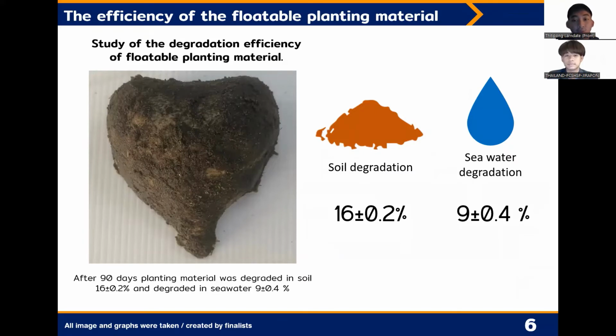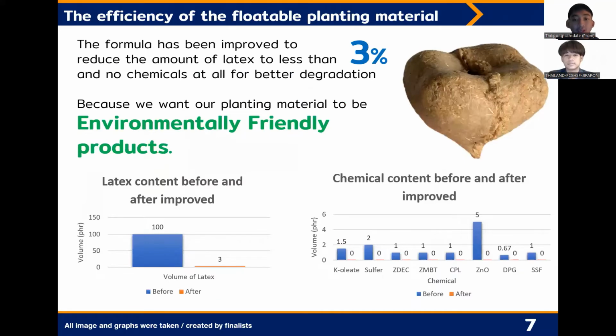So we created a new version. We reduced the volume of latex from around 50% to less than 3%, and we didn't use chemicals at all, because we want our planting material to be an environmentally friendly product. After we improved our planting material, we studied degradation again, and we found that our planting material degraded in soil